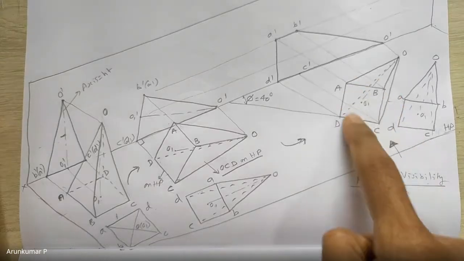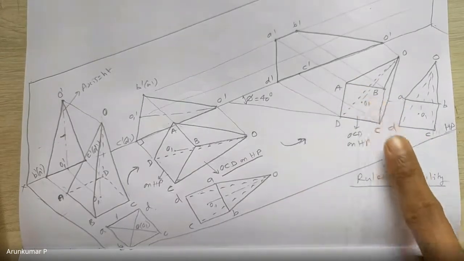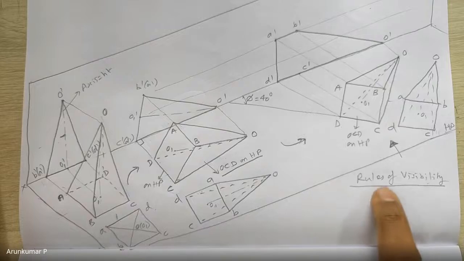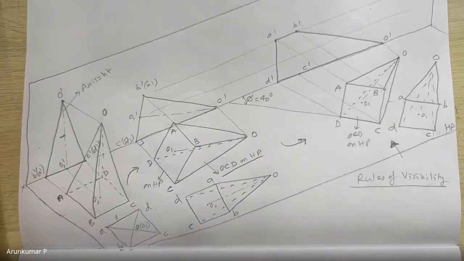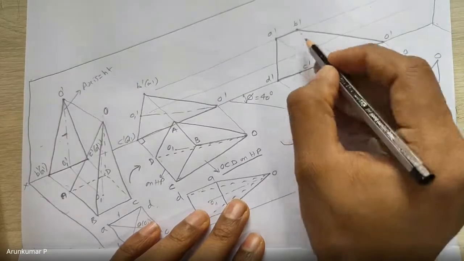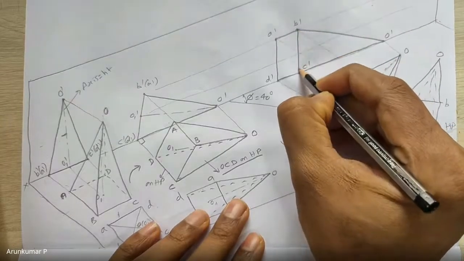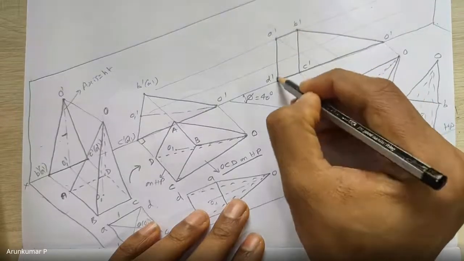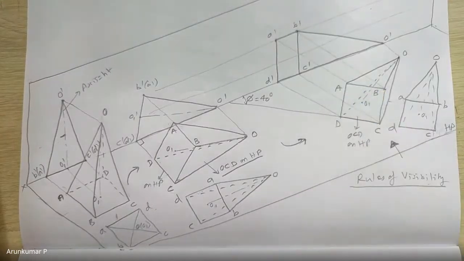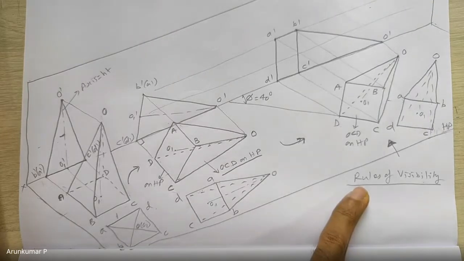See, the base is the nearest entity to you. You are looking like this. So the base is the first entity that you're going to see. So according to the rules of visibility, if you see an entity, that is in this case a base, all the four corners of the base should be joined by solid straight lines. So I'll do that. You can see all the four corners of the base I have joined by solid straight lines. Why? Because I am going to see the base in the front view. This is one of the rules of visibility. Okay.